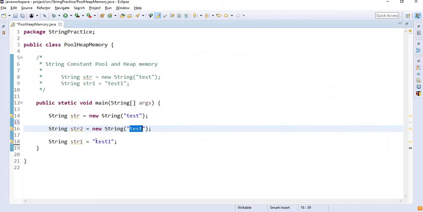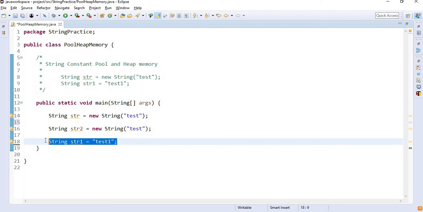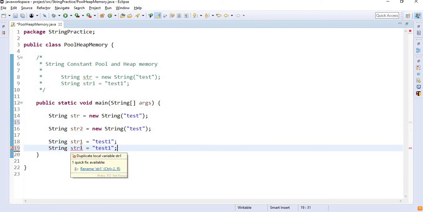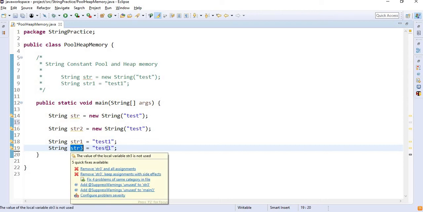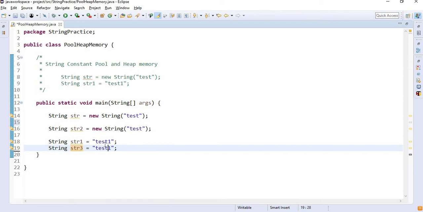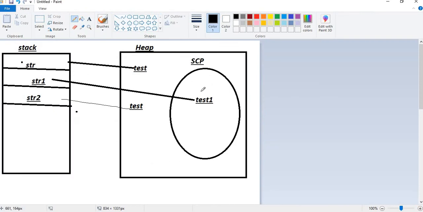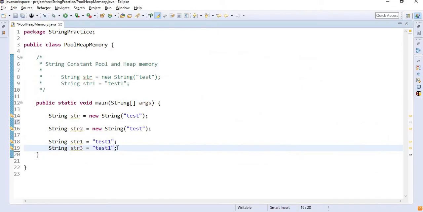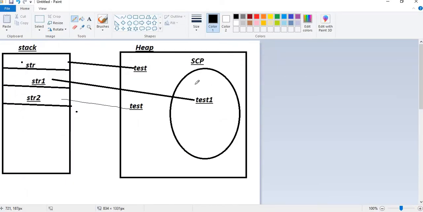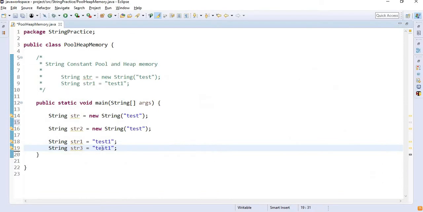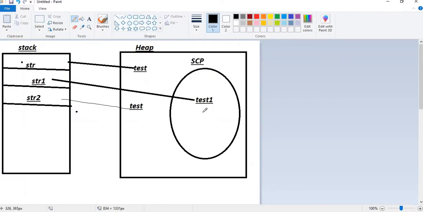The variable name is str2, and now this str2 will refer to this. And again, if I assign the same value to a different object without the new keyword, see, there is a different variable str3, and I have assigned the same value. Because this will directly go to pool memory, it will first check if test1 already exists.